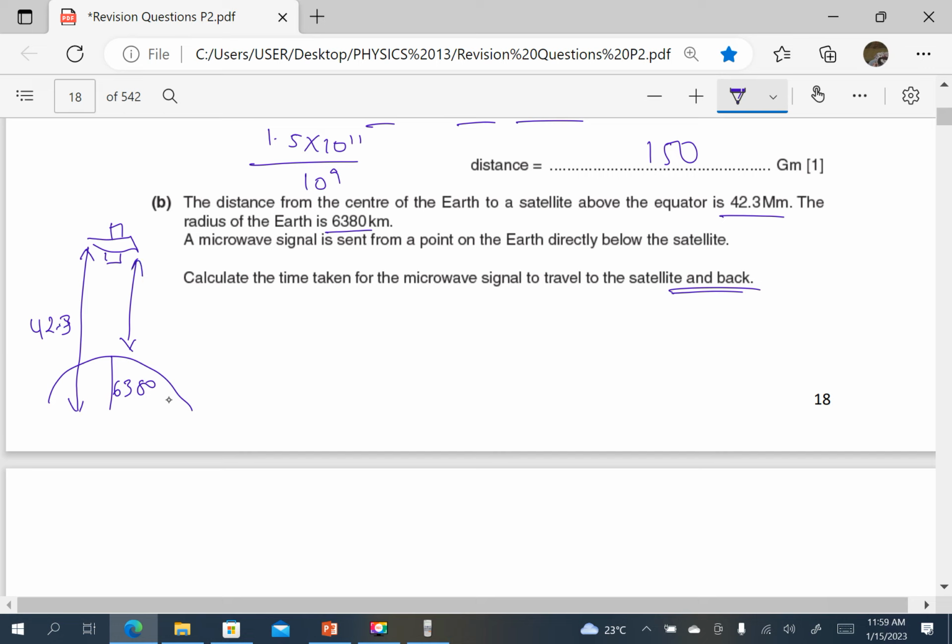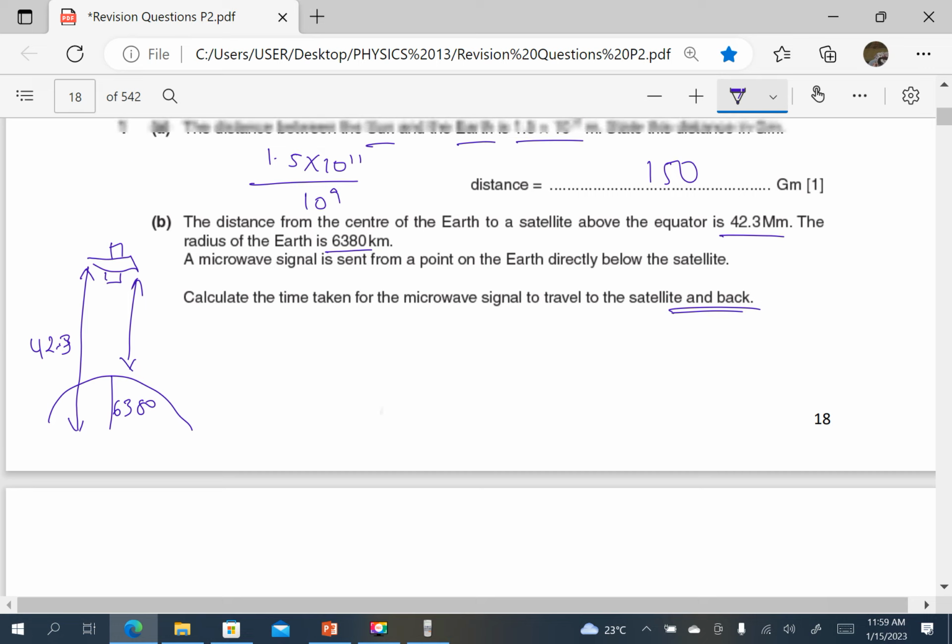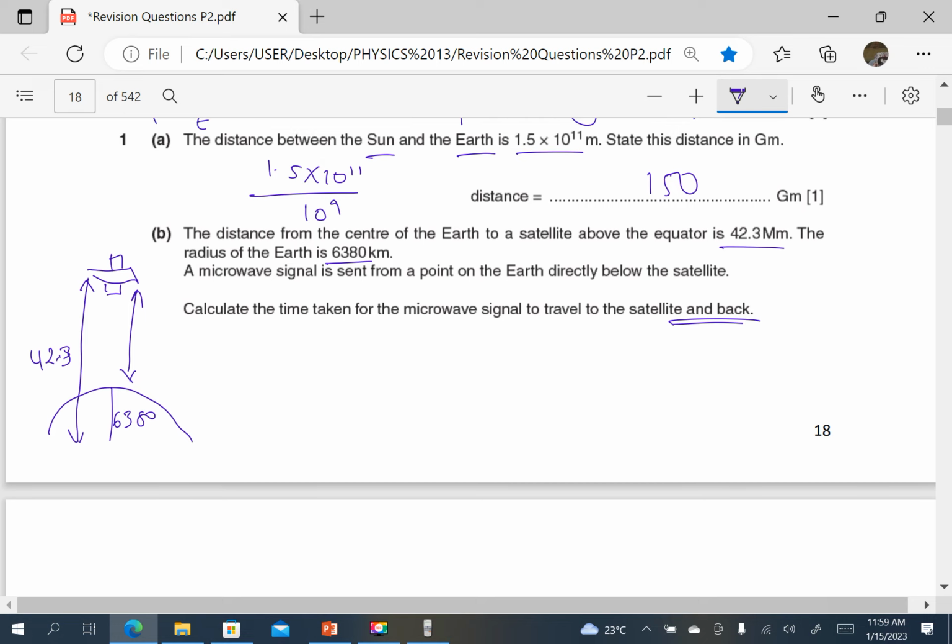And remember, the signal goes to the satellite and back, so we shall multiply that distance by 2. Okay, so let's simplify this. So the distance